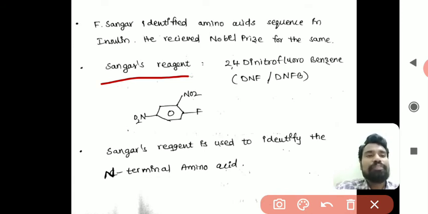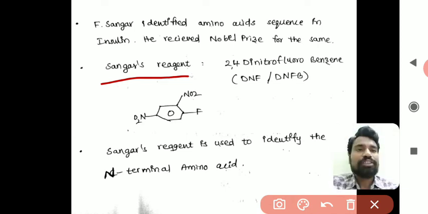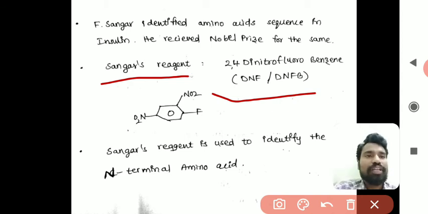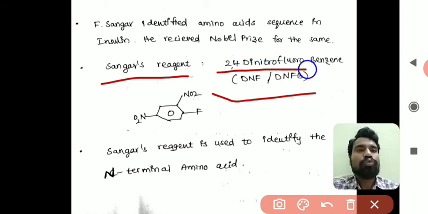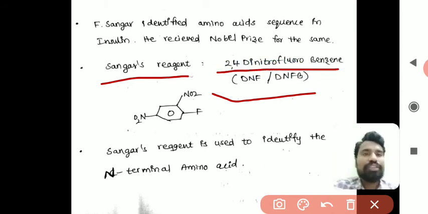The scientist identified the amino acid sequence in insulin. For that he was awarded a Nobel Prize, right? So what is Sanger's reagent? Sanger's reagent is 2,4-DNFB, that is nothing but 2,4-dinitrofluorobenzene. This is the structure of